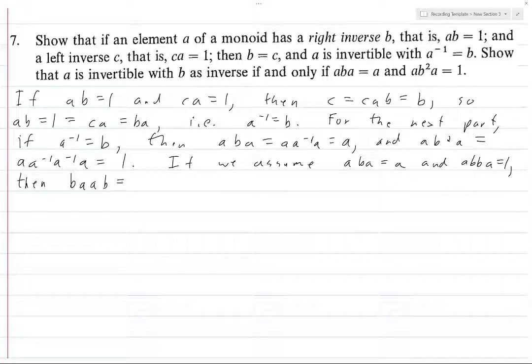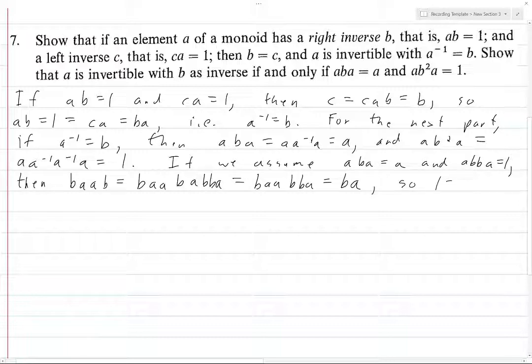So anyways, BAB equals BABABA, which is just we added the ABBA at the end because it's 1, and then you condense this part down and you get BABABA, which is just BA, because the last 4 cancel. And so 1, which is ABBA, which is just,